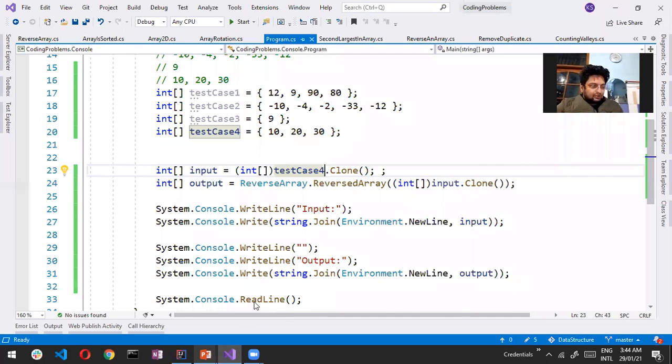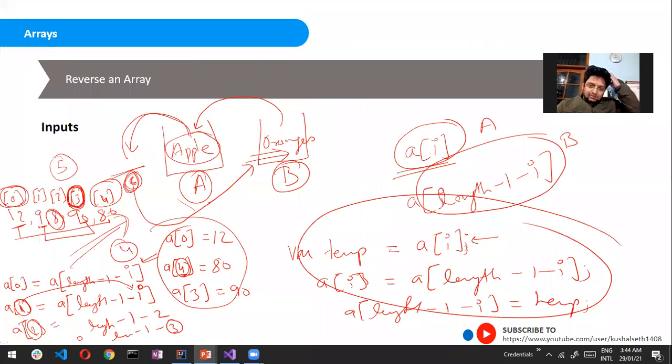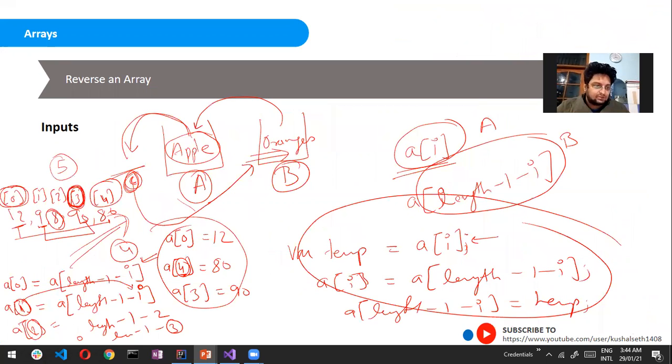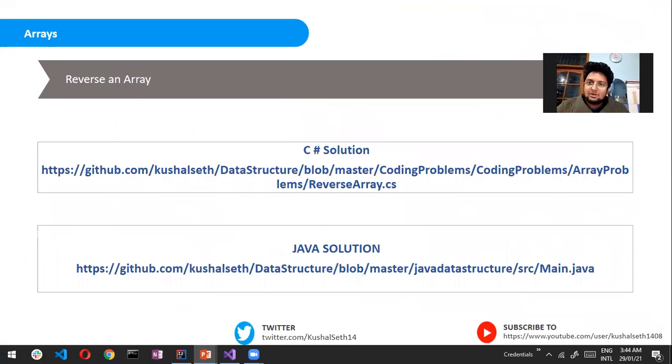So guys, whenever you get any problem, always try to break it into logic. Okay, how we have to think. Just think of them as numbers, and then think of breaking those things down in your logic. The same code will work for Java. I have written the code for Java as well, and I have checked it into these repositories which you are seeing on the screen.